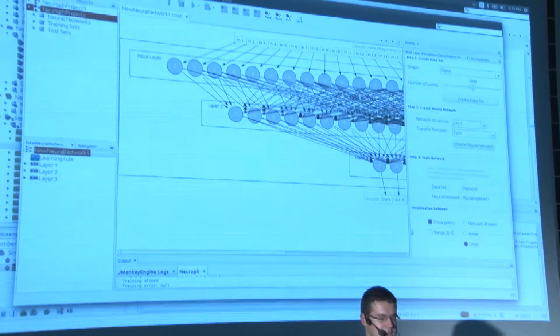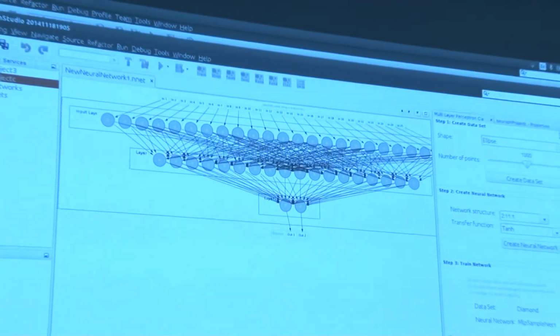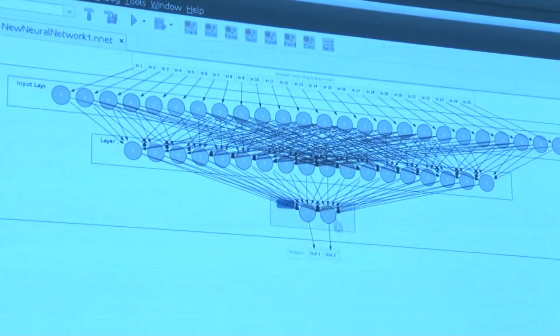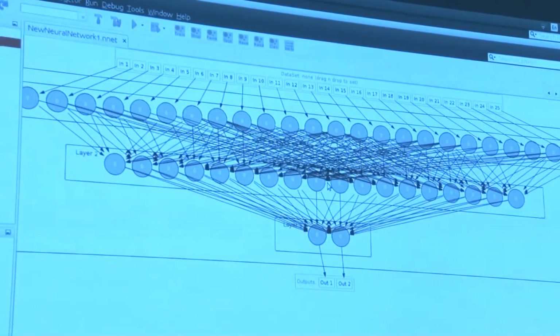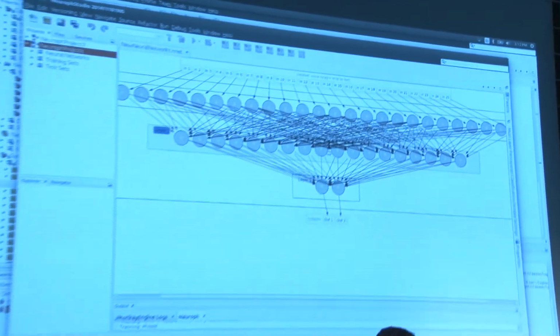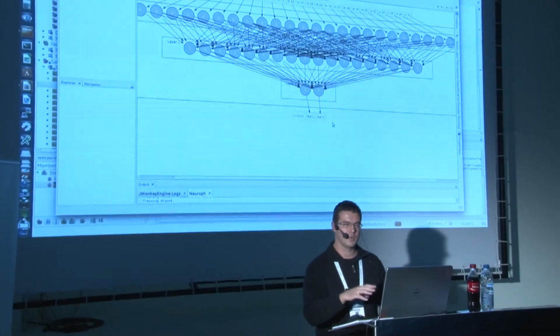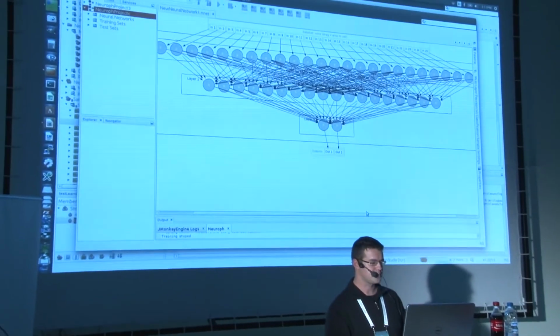And what happens is that Neuroph created this convolutional network. Now, the visualization of this network is not how it should look, because this first layer should be 2-dimensional. It's still visualized as a 1-dimensional layer, but in its structure under the code, it is a 2-dimensional layer.